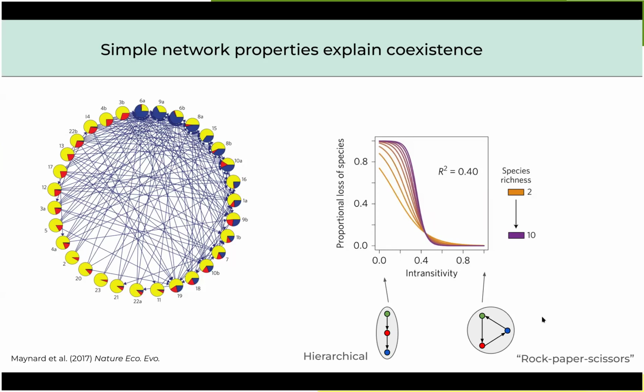So rock beats scissors, scissors beats paper, paper beats rock. But when you embed them in this 3-species system, there's now no one best strategy. Every species has a winner and a loser that they can defeat against. We can take these rock, paper, scissors communities, and we can actually generalize this idea of intransitivity to as many